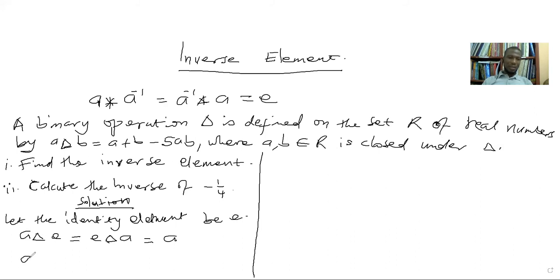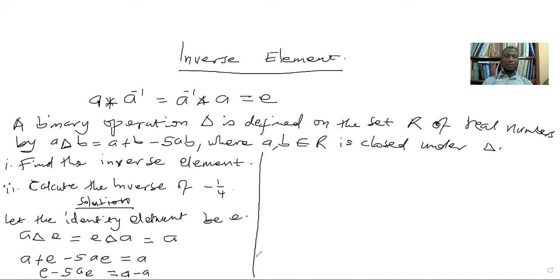So that means that A plus E minus 5AE should give us our A back. Then that is true. So let's make E the subject. E minus 5AE should be equal to A